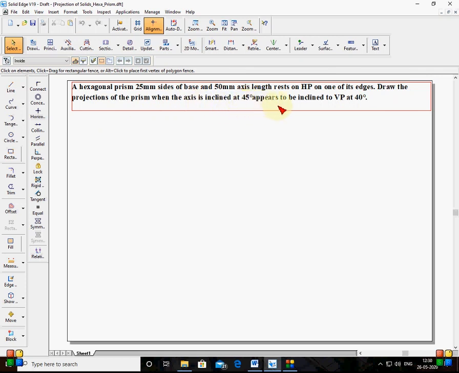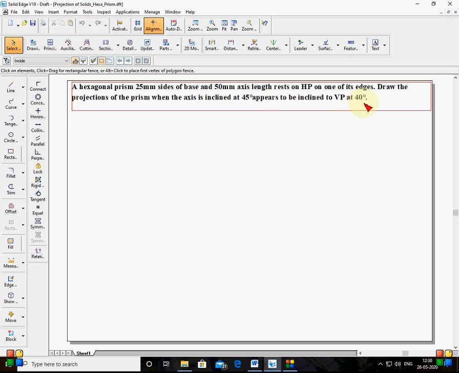And lastly, one phrase he has mentioned: appears to be inclined to VP at 40 degrees. The axis is making an angle with VP, but it appears to be inclined at 40 degrees, which means the angle given with VP is not the true angle, it is an apparent angle.